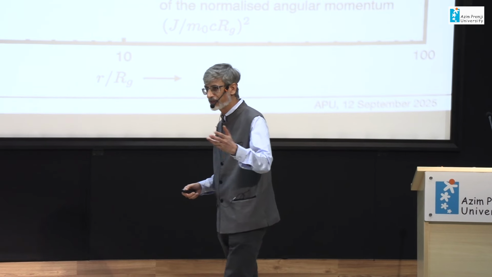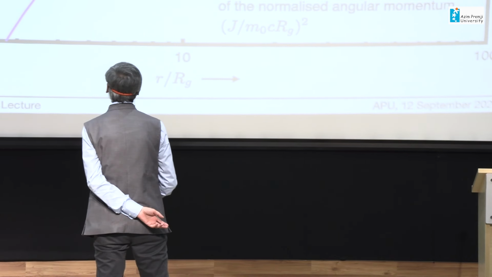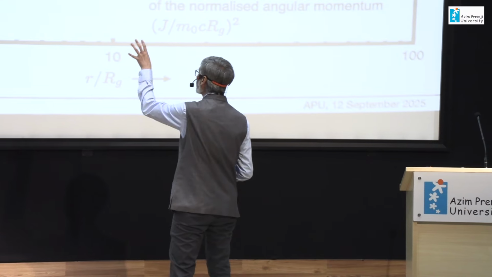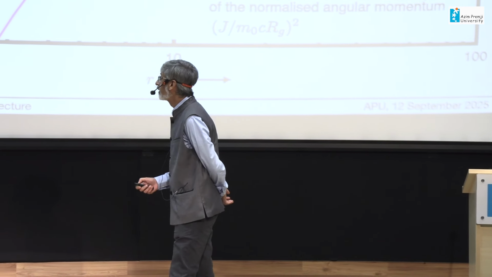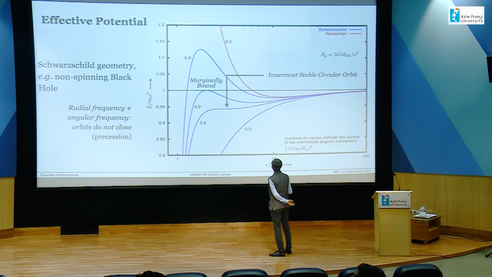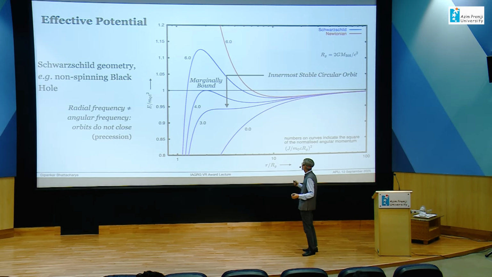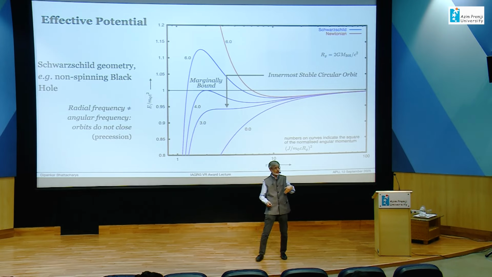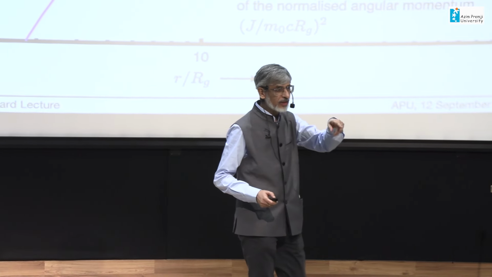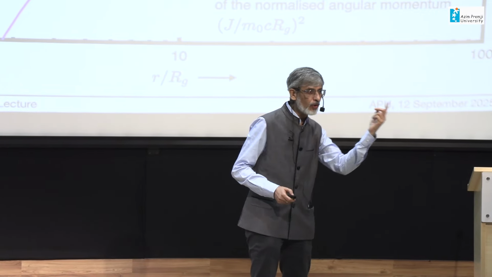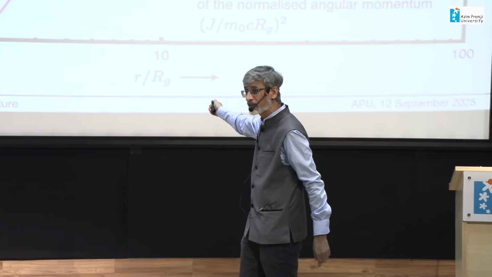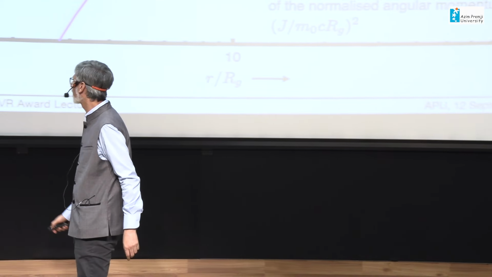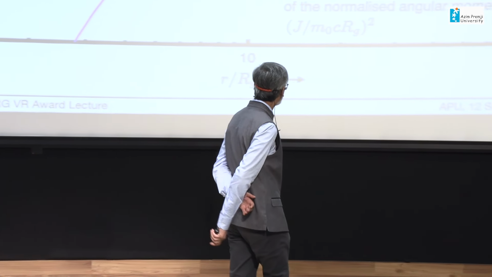All of these are important for further discussion, so I am going to introduce this. So, we have learned that there is an ISCO, there is a marginally bound orbit, and next to remember is that since these curves have a different shape compared to the red curve, the radial oscillation frequency is not going to be the same as the angular oscillation frequency. So, therefore, the orbit is not going to close. By the time it comes around, the radius is shifted by a different amount. So, the orbit is going to precess around, and that is exactly the precession that you saw in the previous slide, right? It's called the precession of periastron.